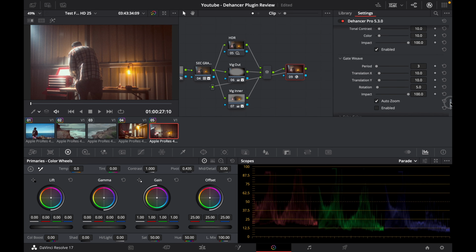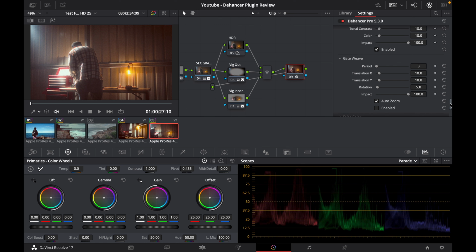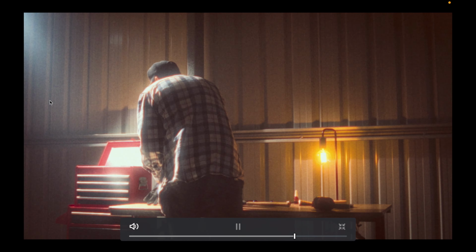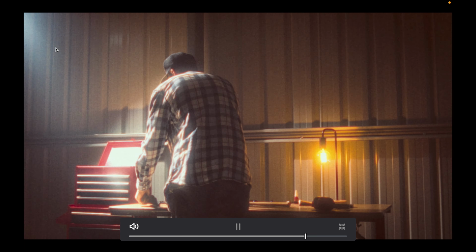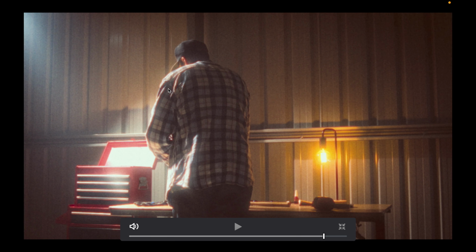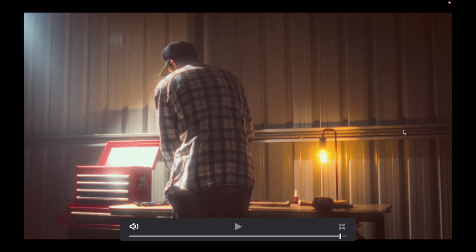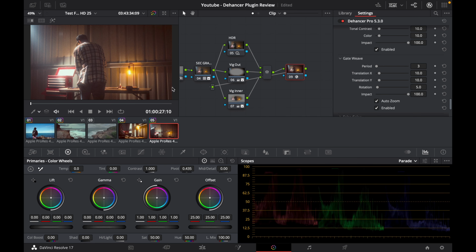Now moving on to Gateweave. Now this is something else. This is the subtle movements of film caused by factors such as unstable camera shutter. So when I toggle this on and off, and I'll just play back this clip, you'll see a slight movement in the clip, almost like a really subtle kind of camera shake, but it's not camera shake, it's actually this Gateweave effect. So it's very, very subtle, but you'll see that your frame is moving slightly, and you'll notice it